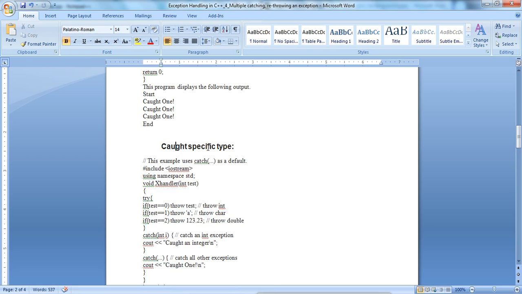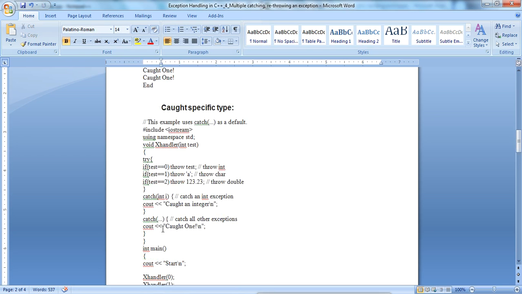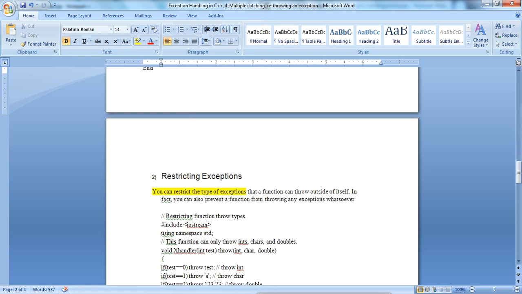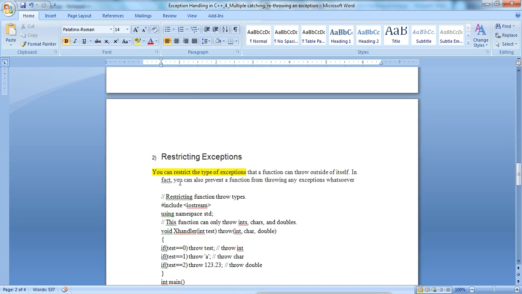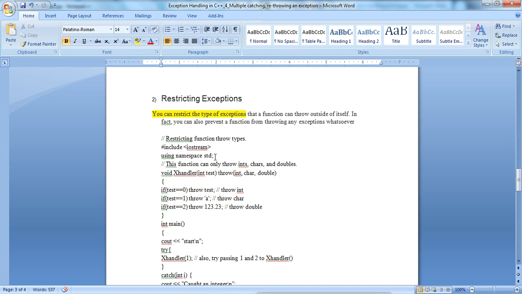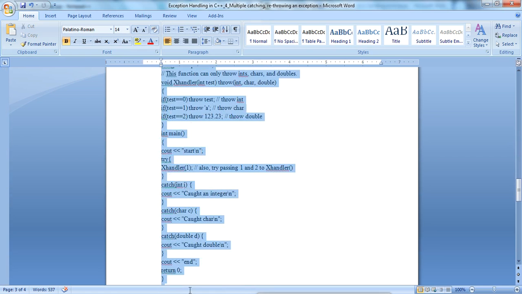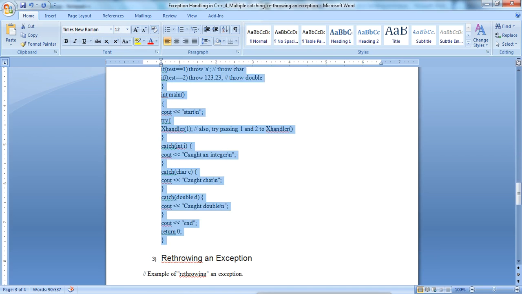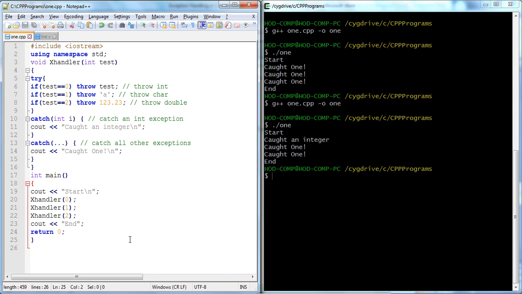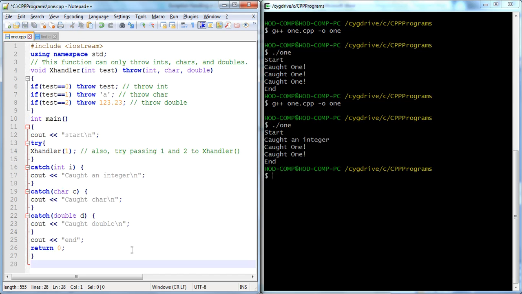This is catching a specific type of data. Now the next one is restricting exceptions. If we want to restrict to a particular type, then we can mention it in the code. That is the particular type we can only allow. This is